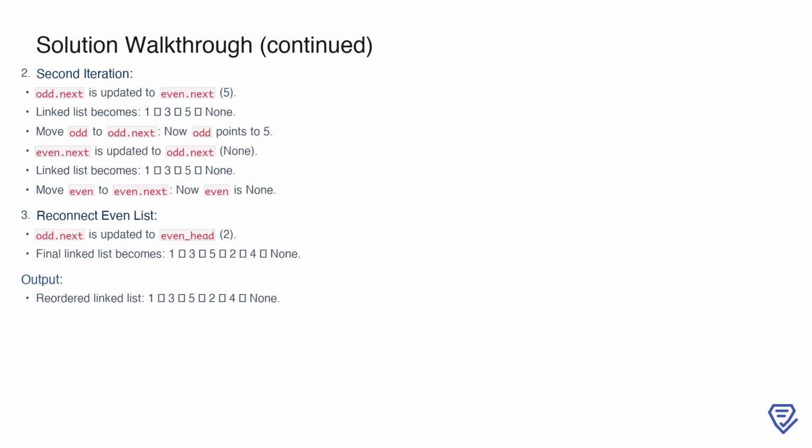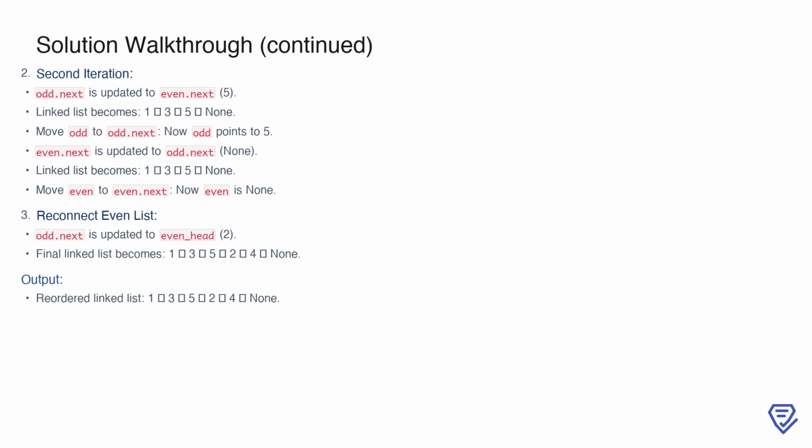In the second iteration, we repeat the process to rearrange the nodes. First, we update odd.next to point to even.next, which is the fifth node with value 5. This skips the fourth node, and the linked list now looks like 1 3 5 none. We then move the odd pointer forward to its next node, so it now points to the node with value